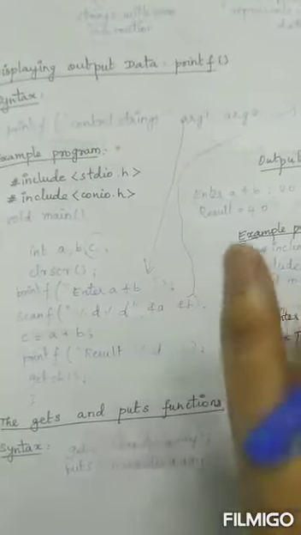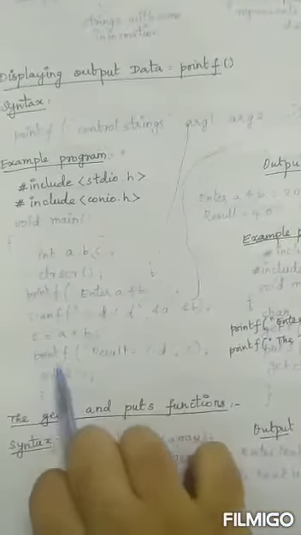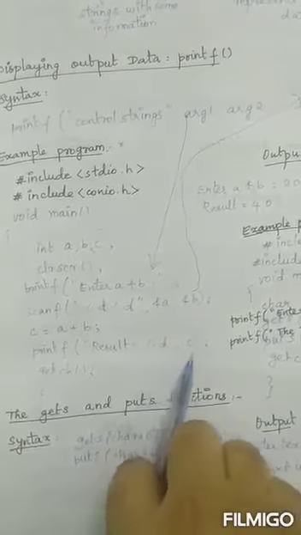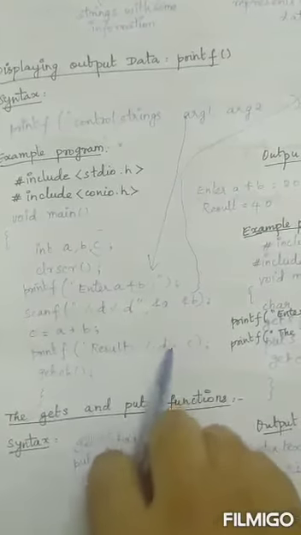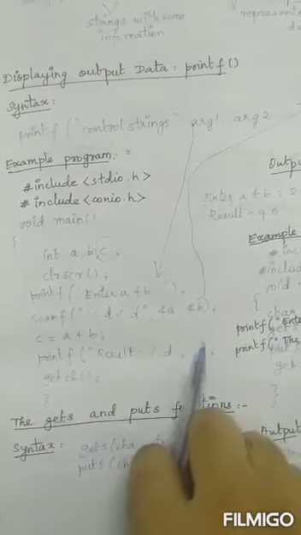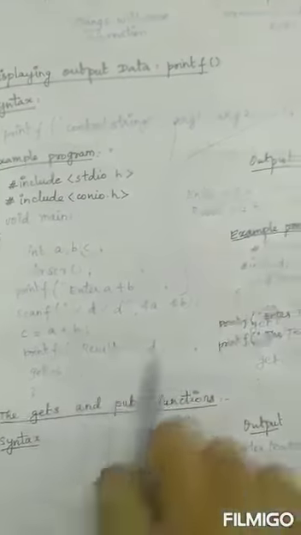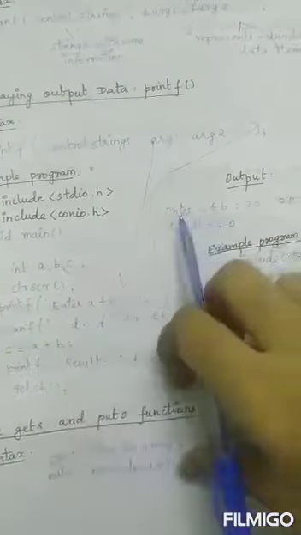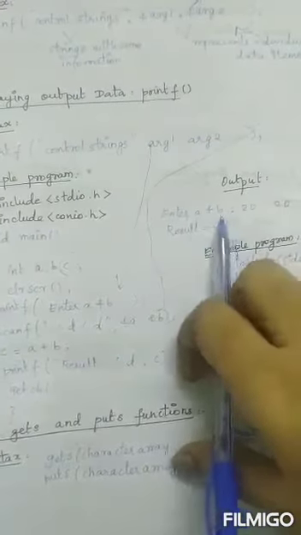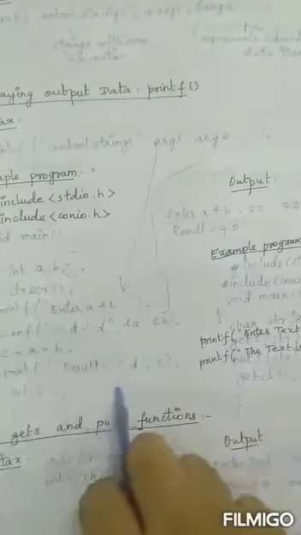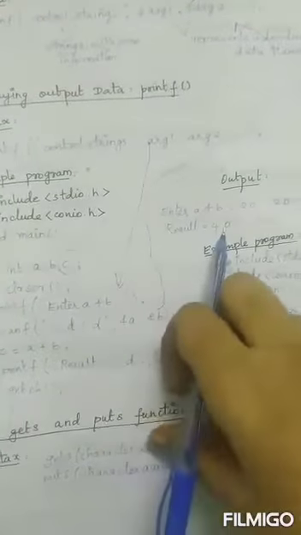So next, after adding this, I have to display that answer. For that I am giving another printf statement, that is result is equal to %d, comma, and the result answer I am going to get from the variable C. So I have given here C, semicolon, getCH. So now my output will be, first this printf statement appears, enter A and B. If I give both A and B the values 20, 20, my result will be equal to 40.